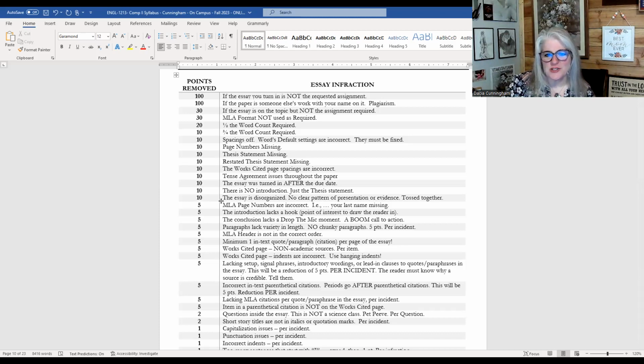Look at some of these. If there's no introduction, just the thesis statement, like your first paragraph is just your thesis statement, I'm going to take off 10 points. Are you kidding me? Have an introduction. If your restated thesis statement is missing, it's not even in the conclusion, I'm going to take off 10 points. That's kind of an essential piece of the paper, right? Further down here,